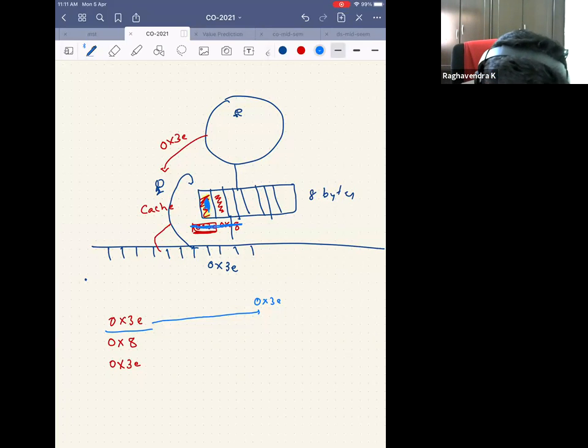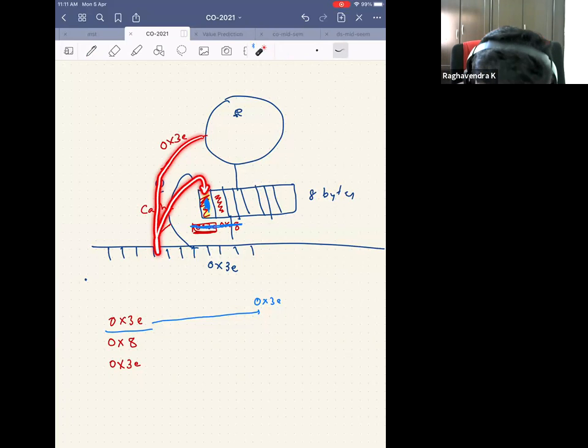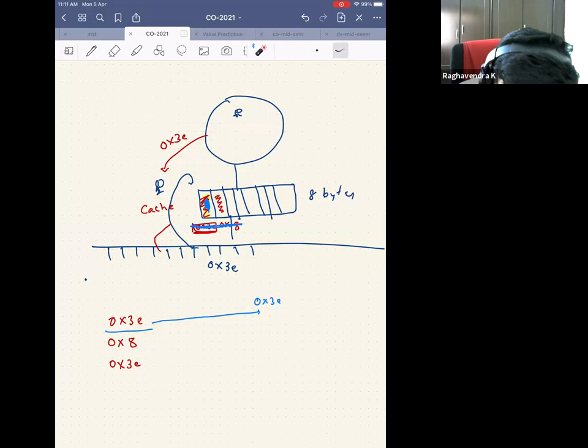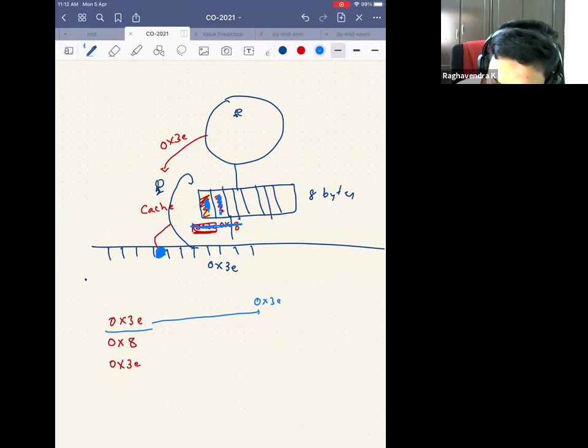The address that was generated was 0x3. You went to the main memory, and you kept the data that belongs to 0x3 here, and then you maybe give it back to the CPU. Now the address that was generated is 0x8, so you went to the main memory, you fetched 0x8 and kept the data that was there in 0x8. Whatever those 8 bits were, you kept the same 8 bits here, and then you gave it back to the CPU.